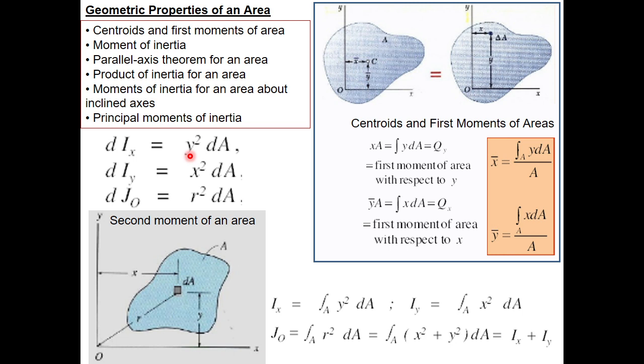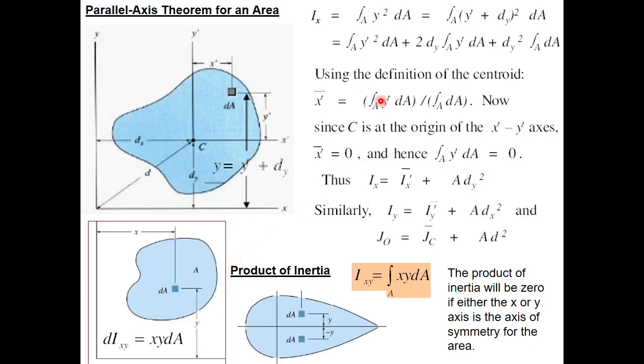First moment gives your centroid, and then about the centroid we usually calculate the second moment, which is our area moment of inertia, and then there are some other equations. If we carry out our analysis with respect to another coordinate system, then there are some relations for shifting the object. These are known to you from higher secondary course or your first year mechanics, where you did properties of area.